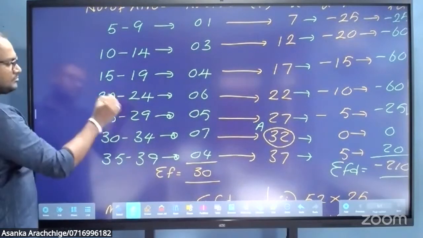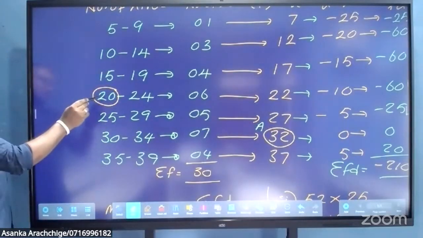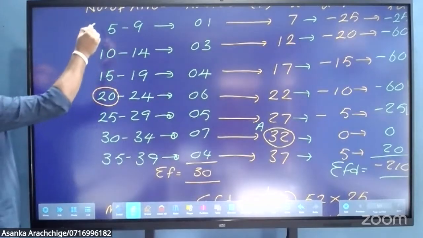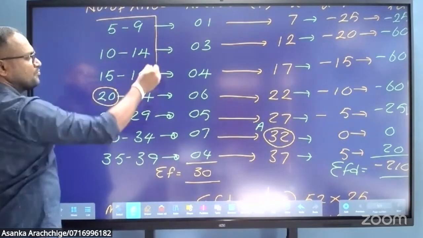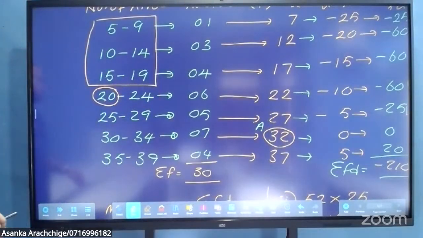Right? When the number of hires is 20, then these are the occasions this person has hired less than 20 hires. Then